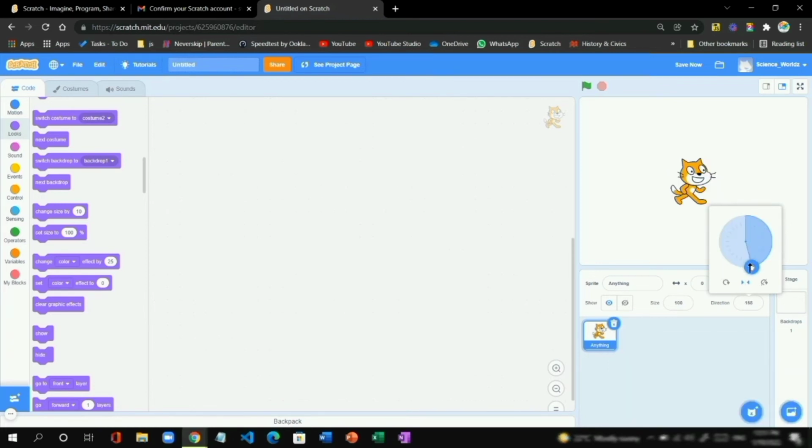And also, if you don't want your cat to turn anyhow, then you can select this do not rotate option, and now your cat will never ever turn in the game. So the default will be 90. You can either type it or use this, and don't ever think that there is no block for this, because